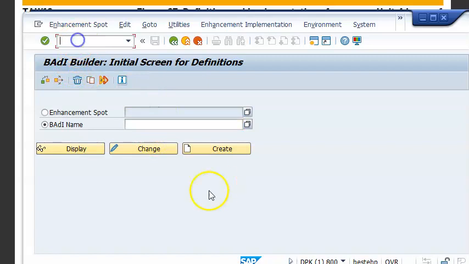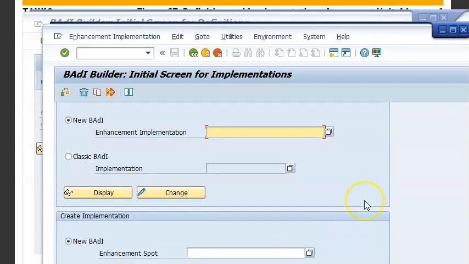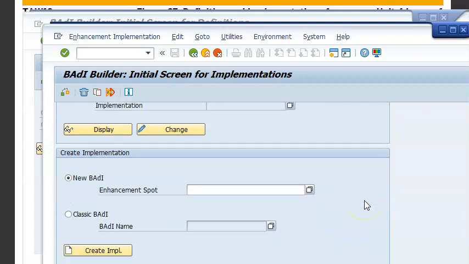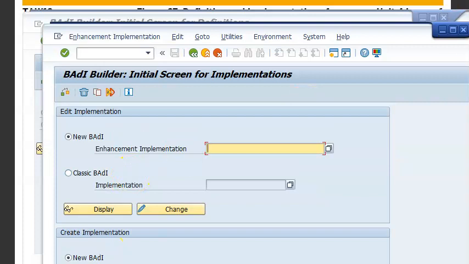Then we can go ahead and implement it. Only the BAdI definition will be there in the standard program, for which we have to implement the implementation in the SE19 transaction. This is where we actually implement the business add-in. So we'll create an implementation for the existing business add-in in the SE19 transaction.